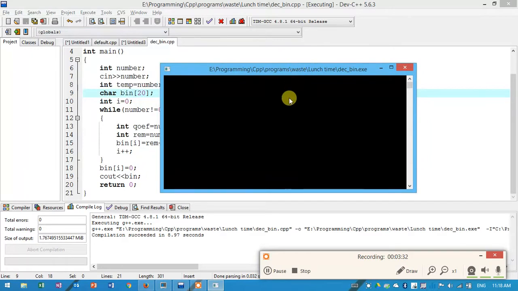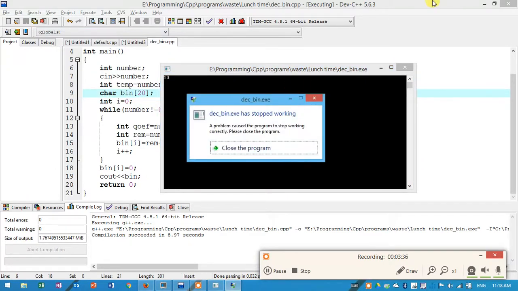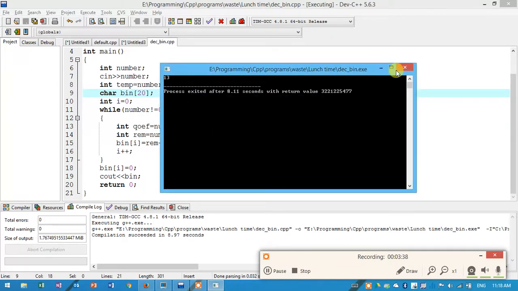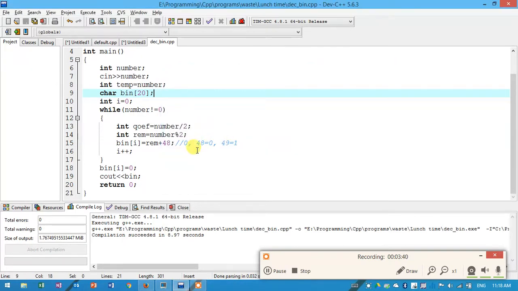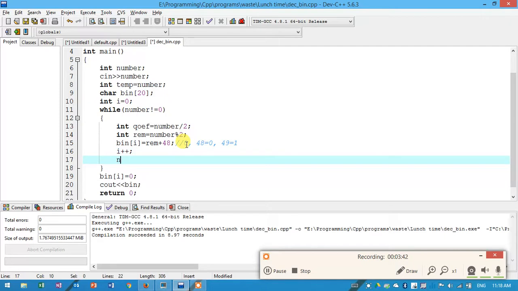Yeah, I got it. I am entering the number 13. Oh, yeah. Why did I get this error? Because I'm not saving number equals to coefficient again. The number is becoming the same number, and it is saving up to it.